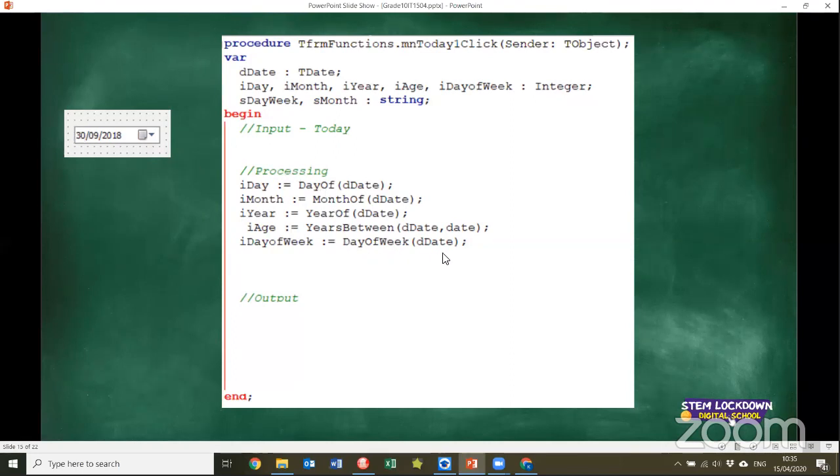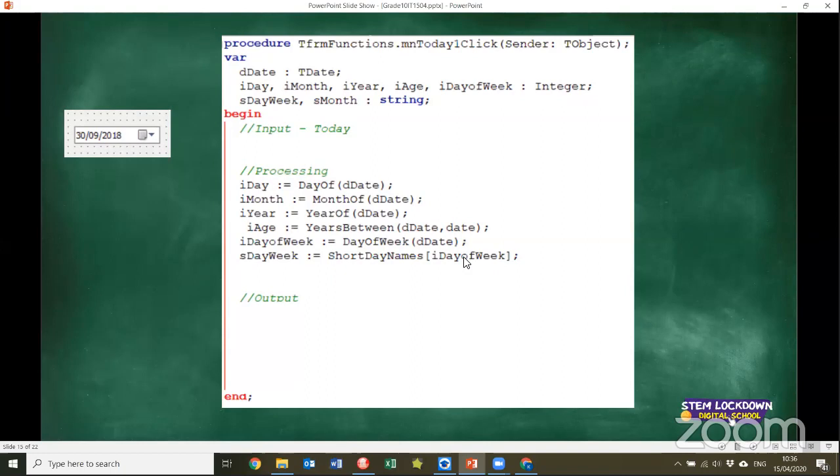Day of week is going to give me a number based on the day's position in the week, anywhere from 1 to 7, because there are only 7 days in a week. Sorry, guys. Okay. S day, this is very cool. This is a function called short day names. If you put a number in here, your Delphi program knows that short day names square brackets 1 is going to give you the word Sunday. Short day names square brackets 4 is going to give you,